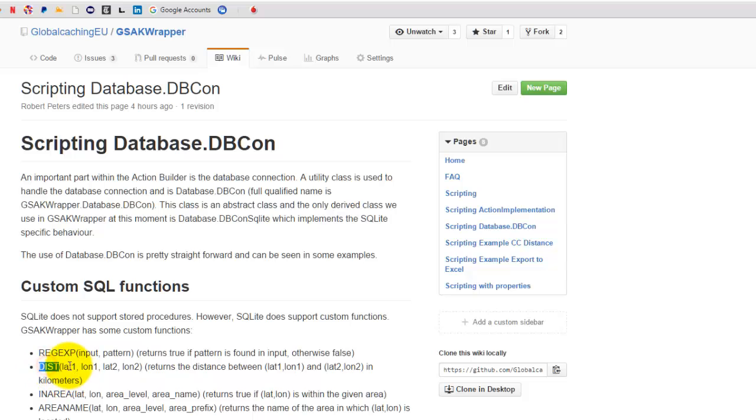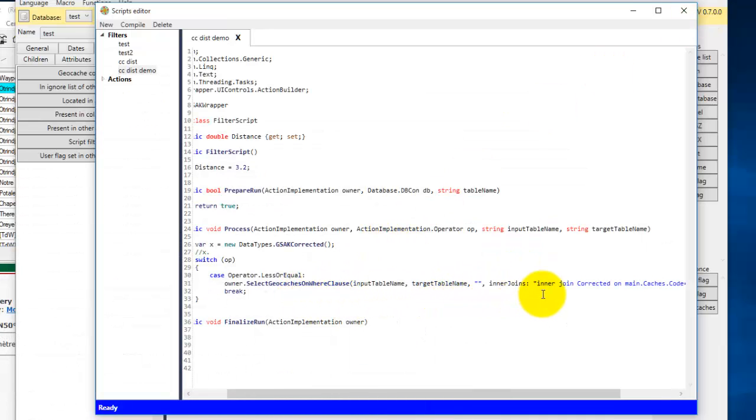So in this case, dist, and the latitude longitude of the first point, and latitude longitude of the second point, and then you get the distance in kilometers. So let's do that. So the where clause is dist, and then the caches dot latitude, caches dot longitude, and then the corrected